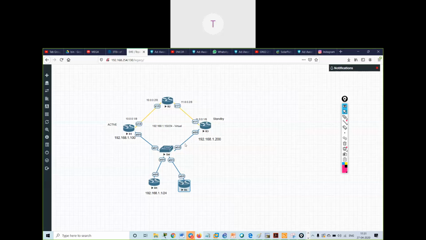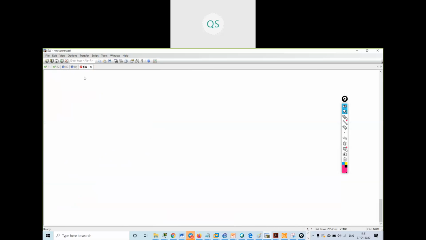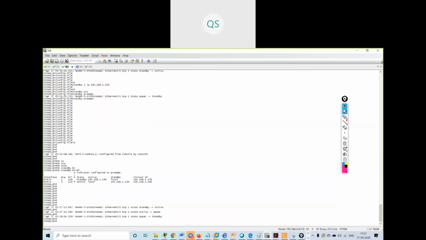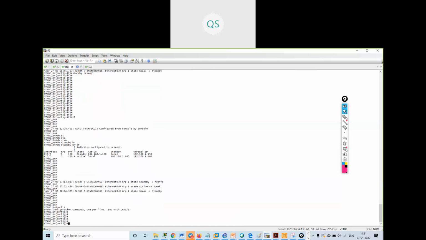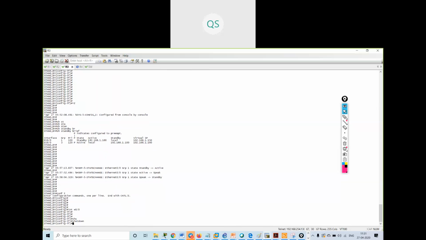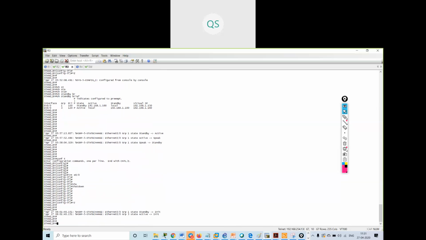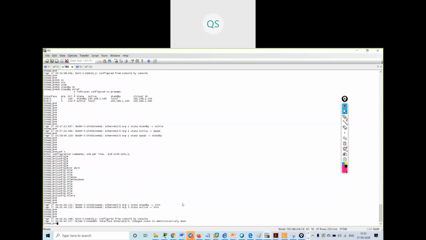Suppose you are saying this link goes down. Okay, so what I will do, I will go on the switch, Ethernet 0/2. Okay, I'm on the switch. Or what I can do, I can go over here and I can say config terminal, interface Ethernet 0/0 and shutdown. Okay, I've made the test. Shutdown. Correct?